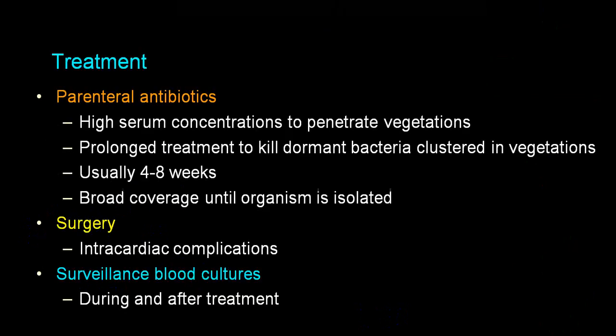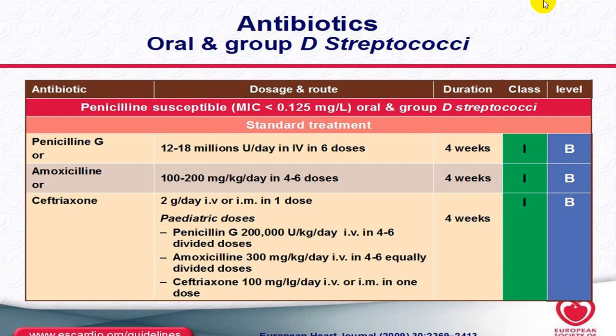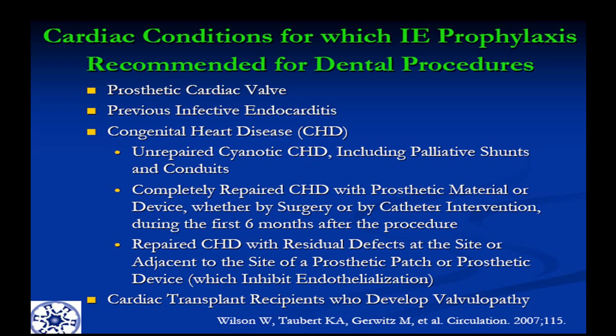So for control of infection, parenteral antibiotic is preferred. And for treatment of the basic etiology, usually surgical intervention is the most common thing required after control of infections. And selection of antibiotics should be guided by blood culture and antibiotic sensitivity. These are the different groups of antibiotics and these are the classes. So penicillin, amoxicillin and ceftriaxone come to the class 1 group. Those are the most preferred antibiotics for treatment of infections.